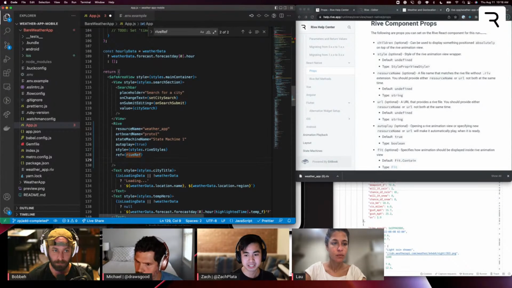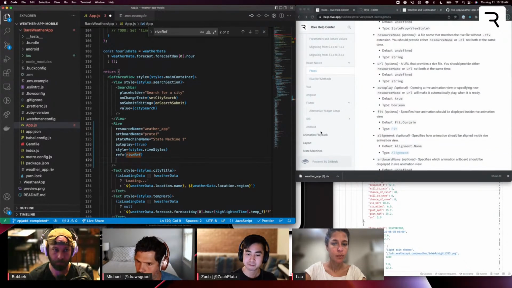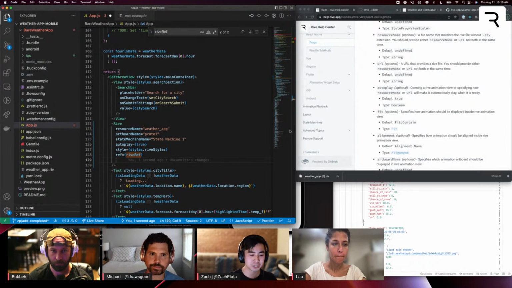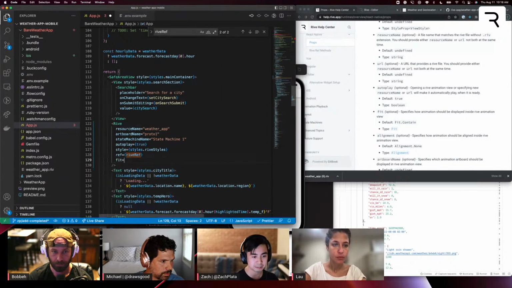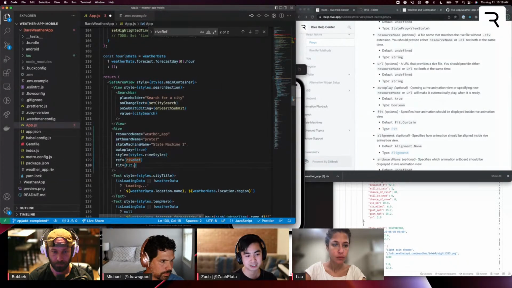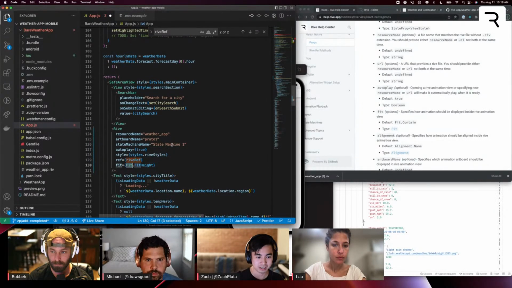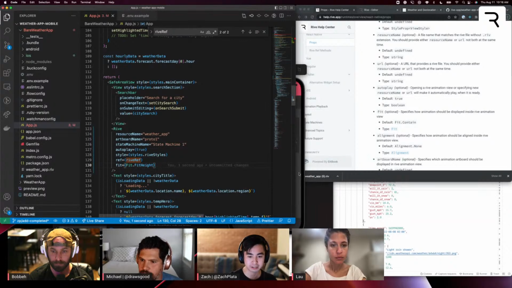And then the last thing I want to set is fit. You can read more about fit and layout options in our docs. Basically, I want to make it so that the canvas of the Rive component takes up the entire height of the view. So in order to do that, I'm going to set fit equal to Fit.FitHeight. And this Fit that it auto imported, thanks VS Code, is from the Rive React Native library. Cool. So if I go ahead and save that,